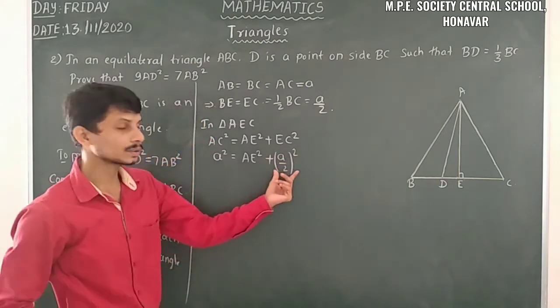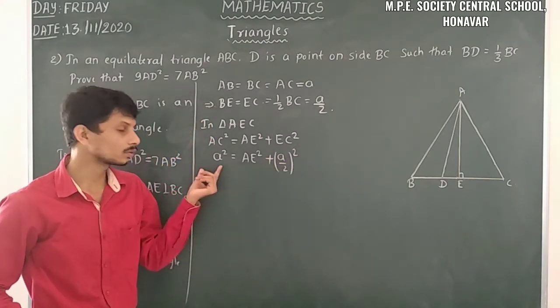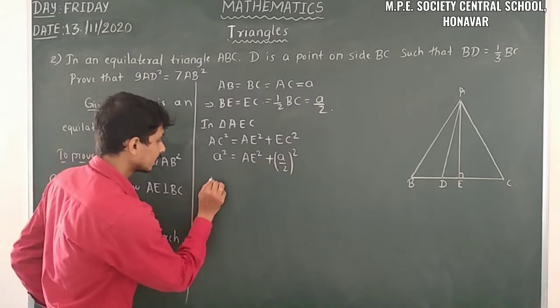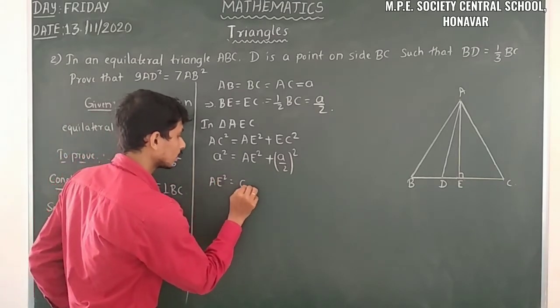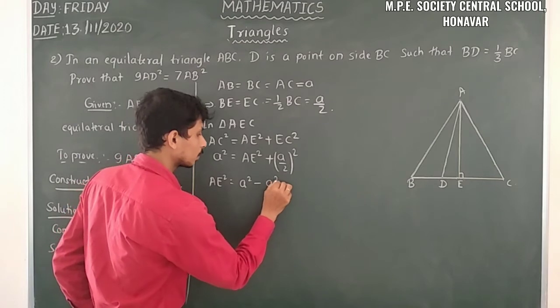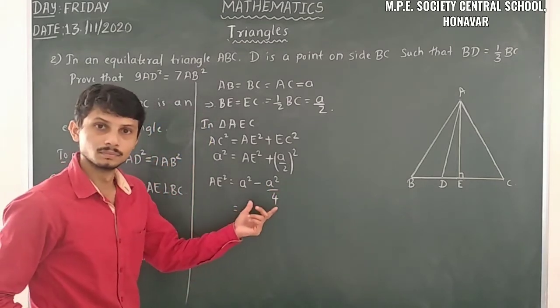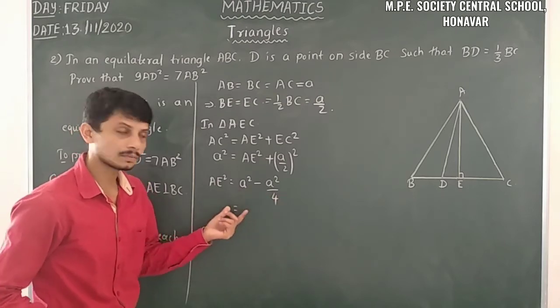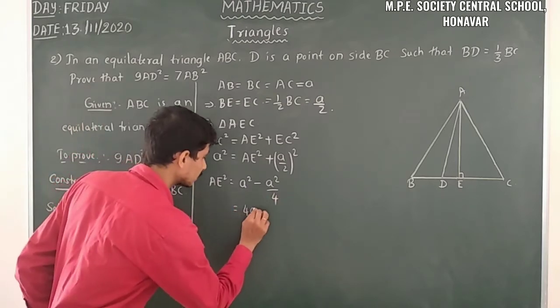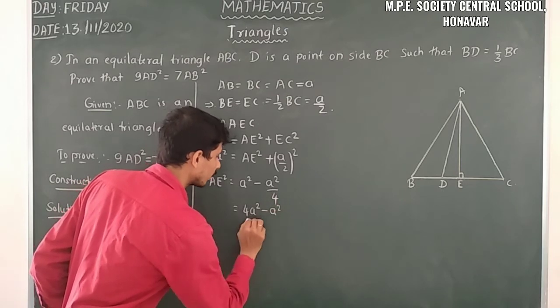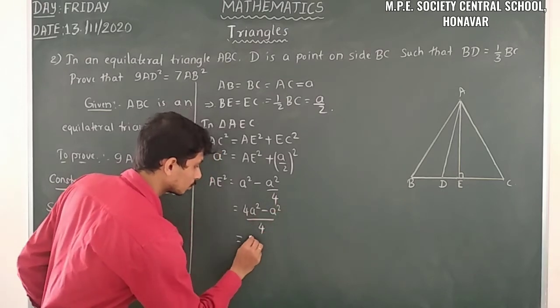Yes. I will transpose A by 2 whole square to the LHS, that is AE square is equal to A square minus A square by 4 is equal to, so take the LCM of the denominator, that is 4A square minus A square divided by 4 is equal to 3A